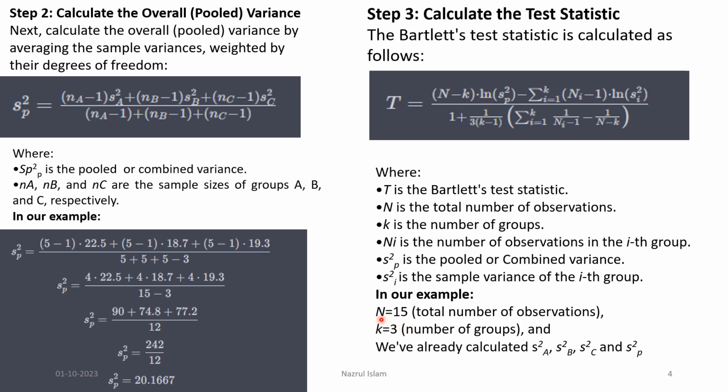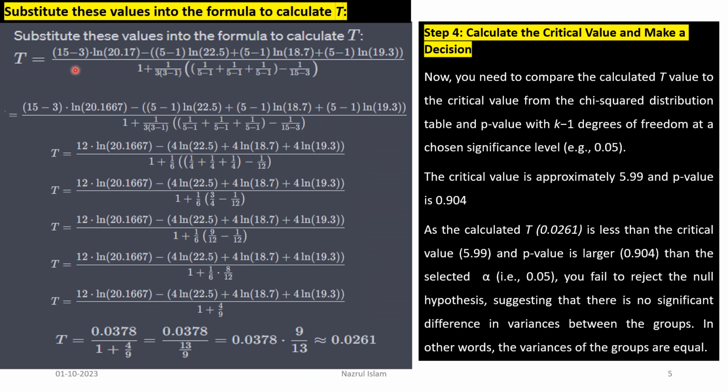In our example, total number of observations is 15 and total number of groups is 3. We have already calculated the variance of A, variance of B, variance of C, and pooled variance. Substituting the values in the formula, we calculated the T value. This is the detailed description of the T calculation, and after calculating we get the result as 0.0261